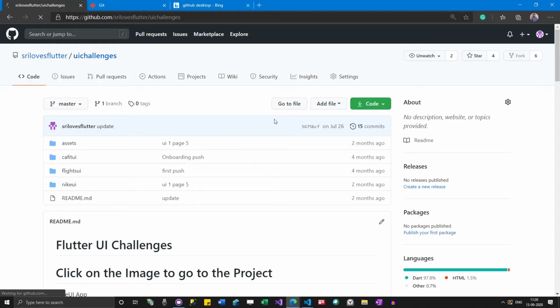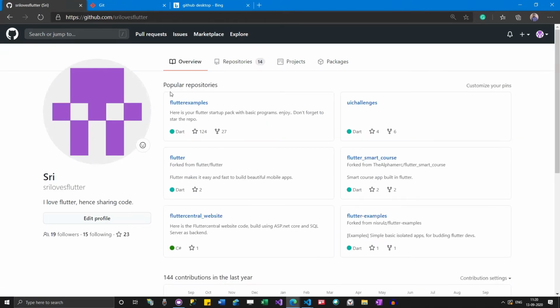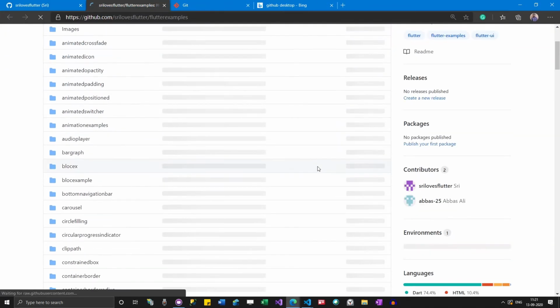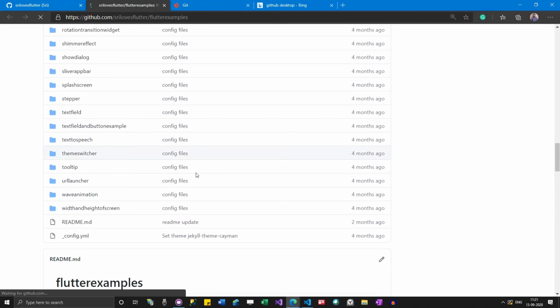GitHub is more important because most organizations nowadays evaluate profiles based on GitHub profiles. If you have a very good GitHub project, for example this one has 100 stars, I consider this a good project. But it's not properly organized.